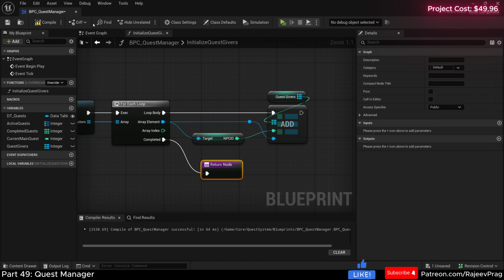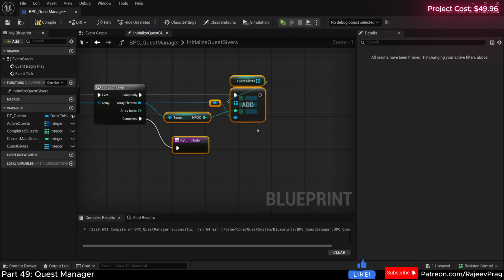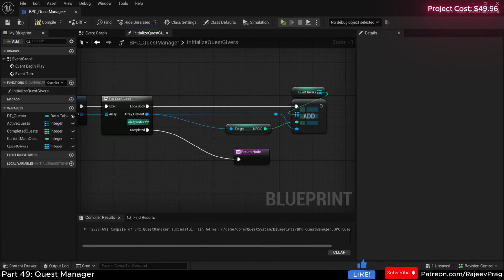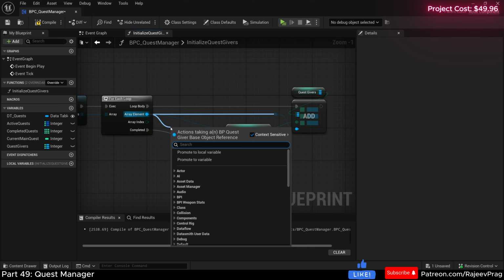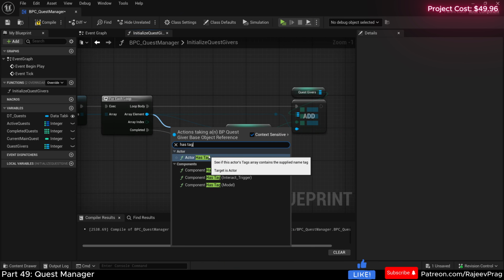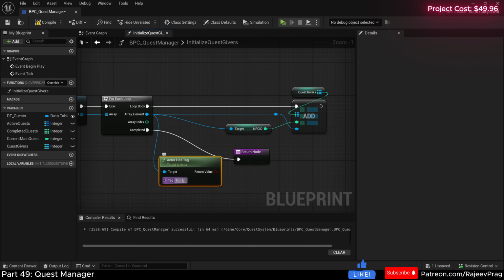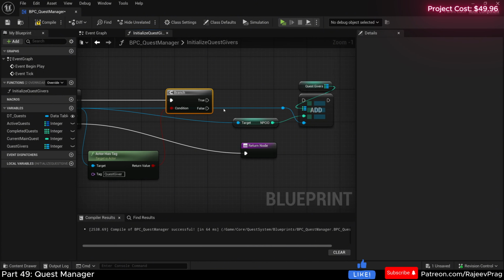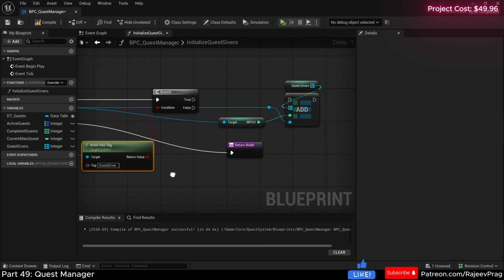So now in your BPC quest manager, before you go ahead and set this NPC ID to your map here, you would drag the element and then you would search for has tag or actor has tag. And the tag that we're looking for is quest giver. Here you would add in a branch, and then you would connect in the Boolean here. And then only if the actor has the tag quest giver,